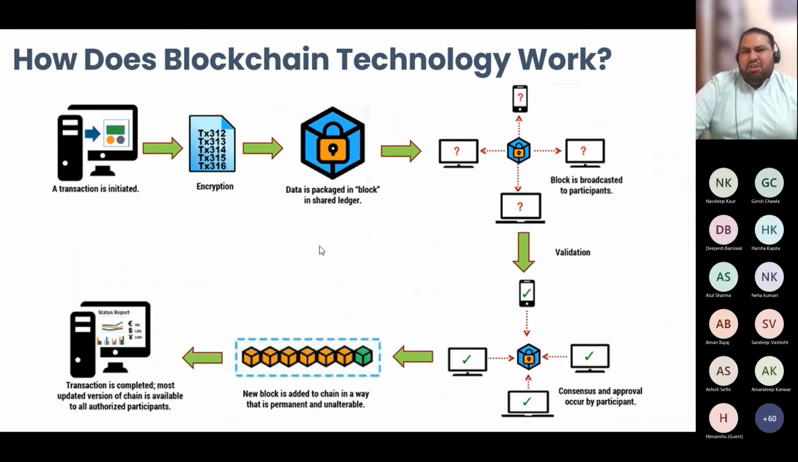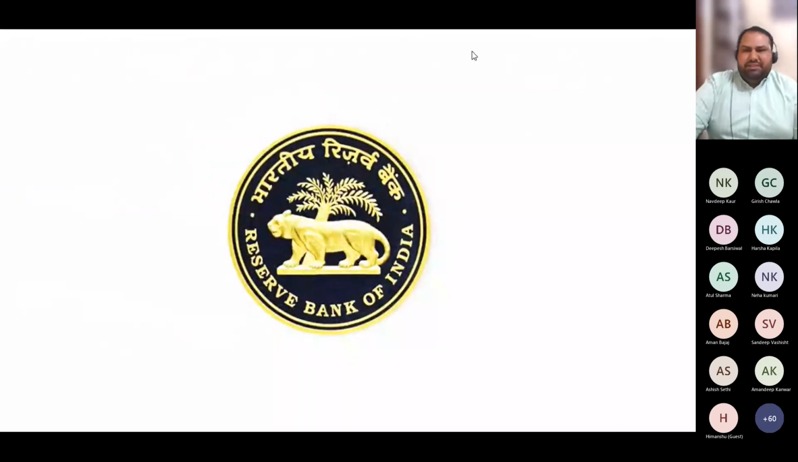So this is how blockchain technology works. We can have more details about various components related to blockchain, which will give you more clarity in the next slides. So like we take an example of Reserve Bank of India. Reserve Bank of India is the one who is responsible for printing all the notes in India, and RBI guarantees that